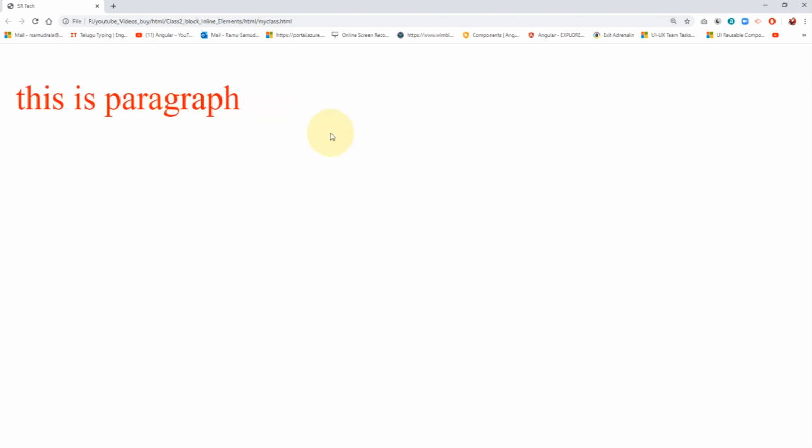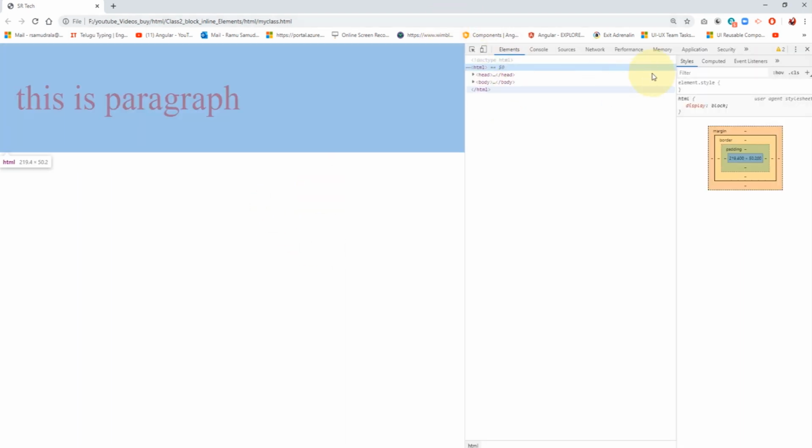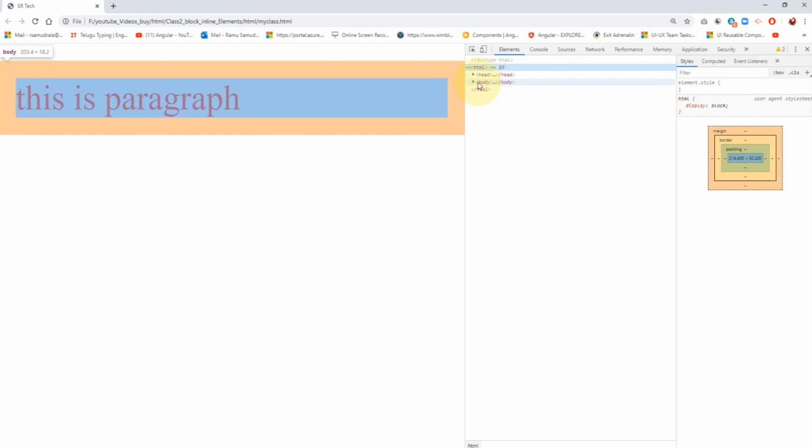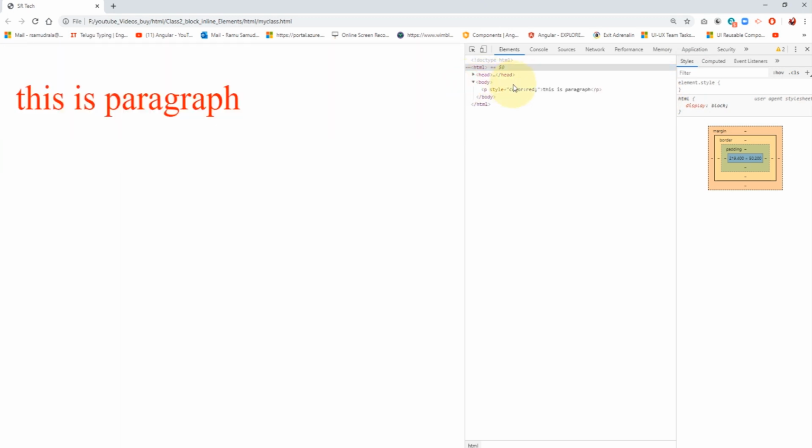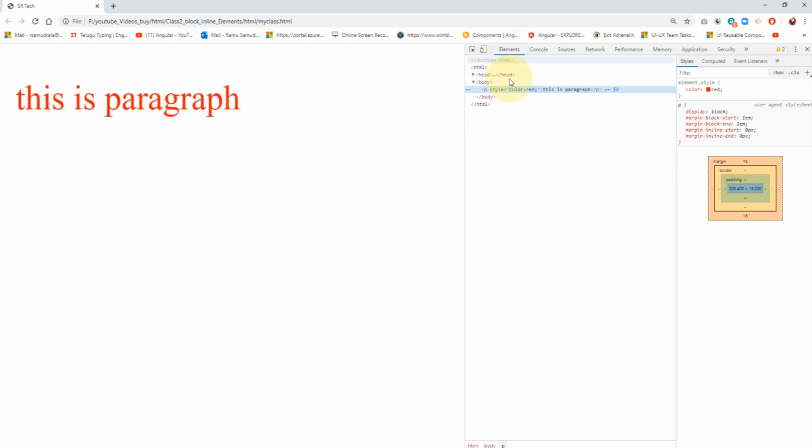Yeah, the paragraph text is in red color, right? So I'm just inspecting here. If I select the paragraph in the HTML elements in the elements tab, then in the styles tab, color came, right? That is element dot style.